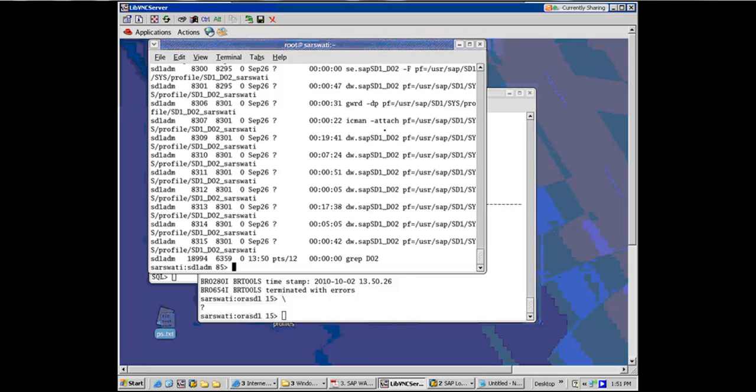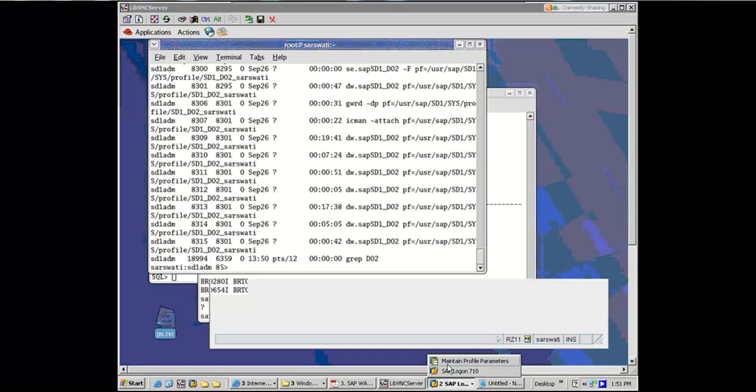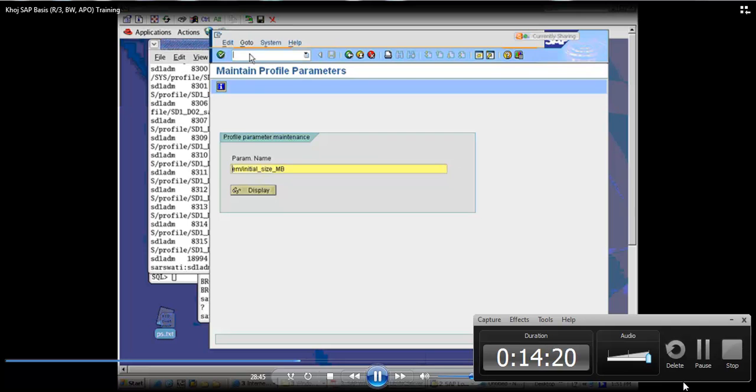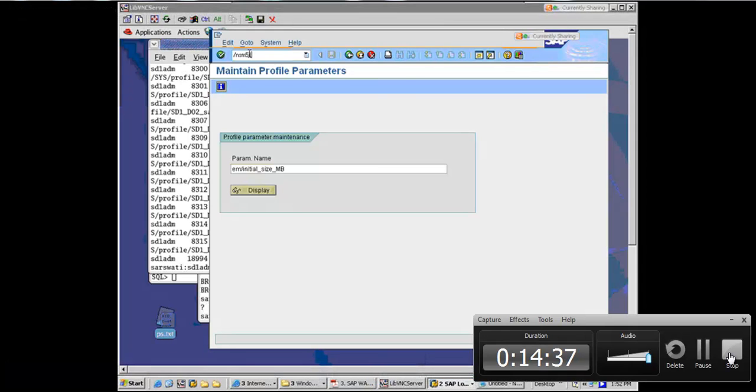So these are the 2 instances running, and you can actually look at them in transaction /n SM51. Remember, all these transactions I'm showing to you, on the last page of your book, start putting down the transaction name and the transaction code, right? Because half the battle is to know what these transactions are, right? Because that will significantly improve your ability